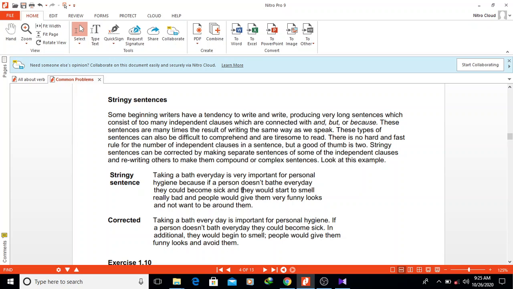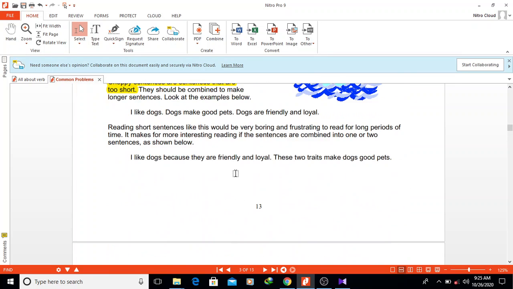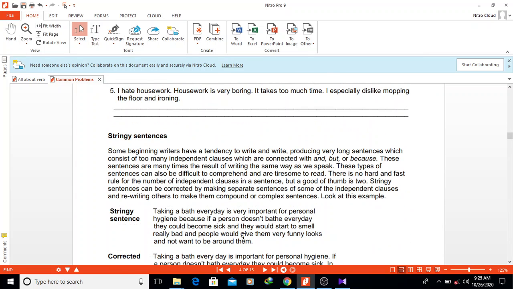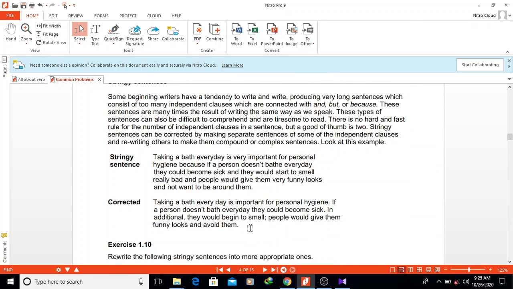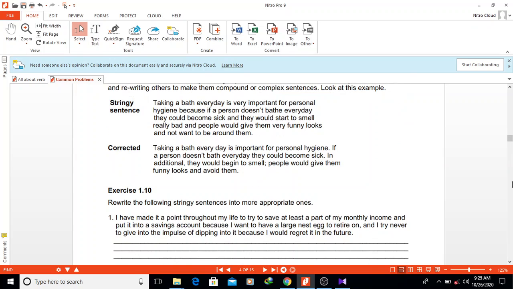And it happened to you. I found it not only in you but in your 10 years writing. So be careful, please. After you think you finish writing your assignment, please reread it again. If you feel difficult to read it, then change it, okay? Because it might be too long. So the first one is too short, and this one is too long. So be careful, okay? Jadi bisa kamu lihat aja nanti bagaimana perbaikannya ya.